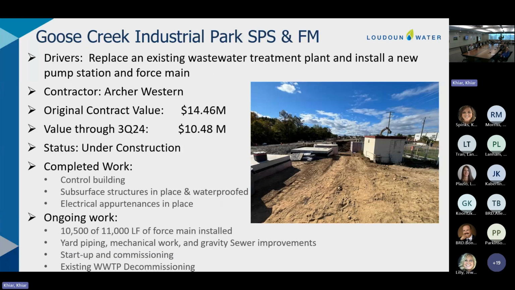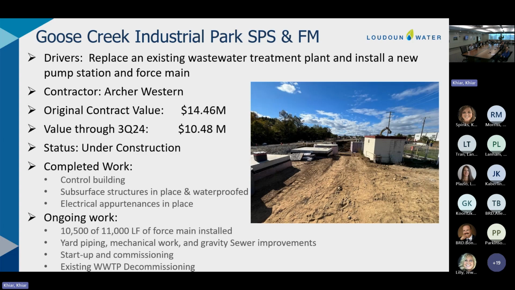The first project to highlight here is the Goose Creek Industrial Park Pump Station and Force Main Project. We've highlighted this one before, bringing it forward as it approaches the end of the physical construction stage, prior to installation of equipment and startup and commissioning of the equipment. Things are proceeding nicely right now.